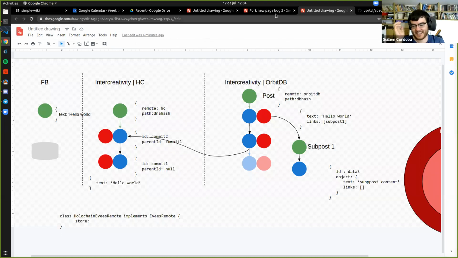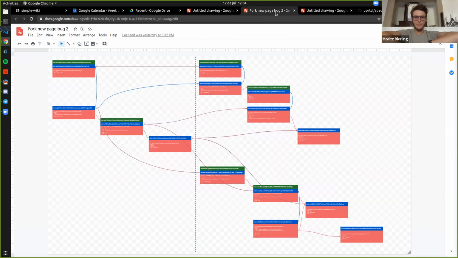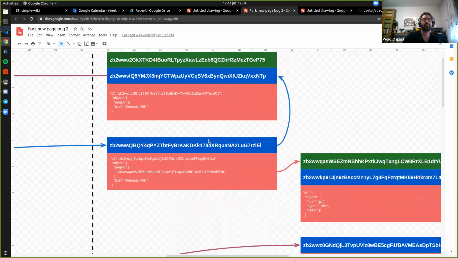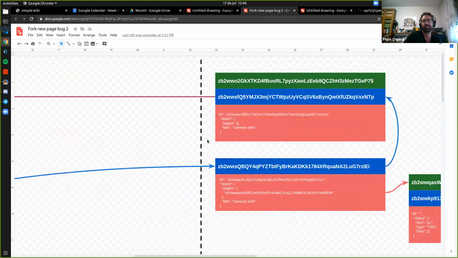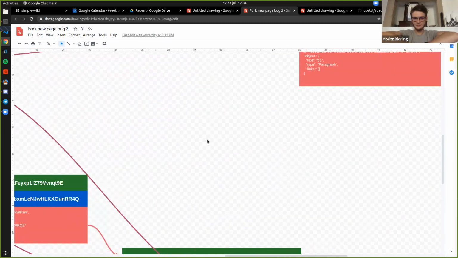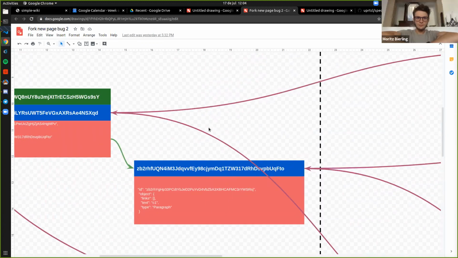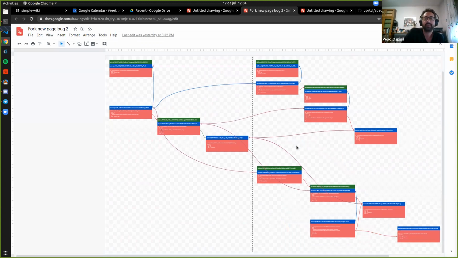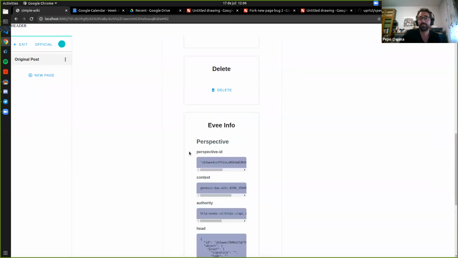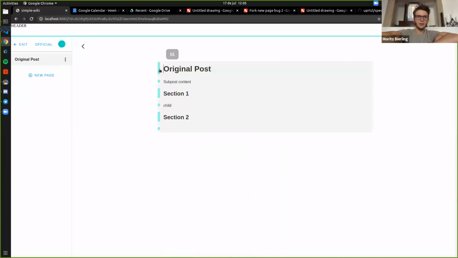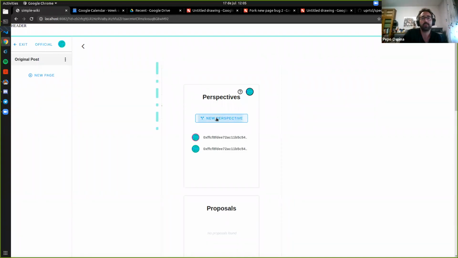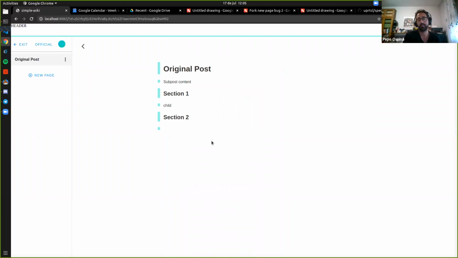We are not yet with merges. Merges was a big one. I can show you this. This is the debug of the process of forking and merging, and how all the objects are created, and then when you merge, you create new objects. So it grows in complexity very fast, but it holds together, and hopefully the tools that we are developing will hide this complexity, so that users can just think, oh, I have a page here, I want to create a new perspective with it, and work with it.